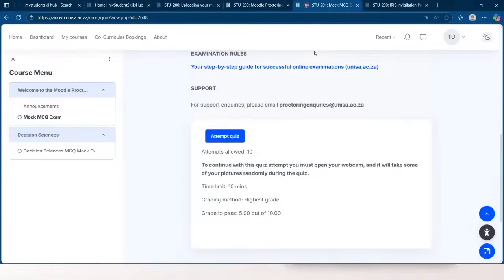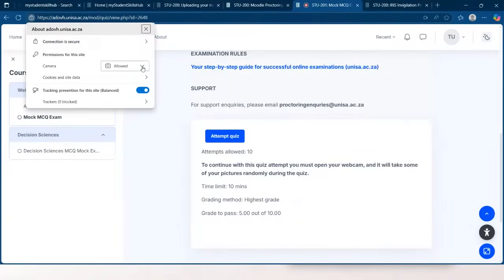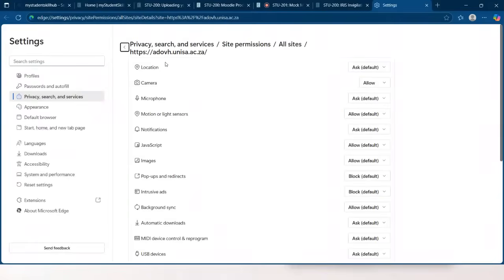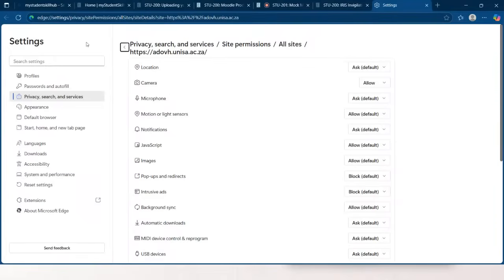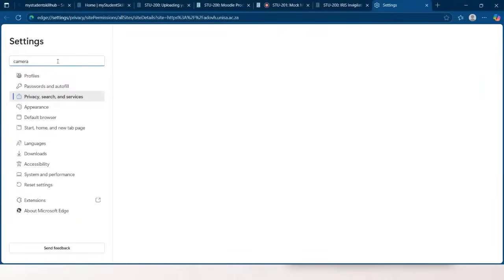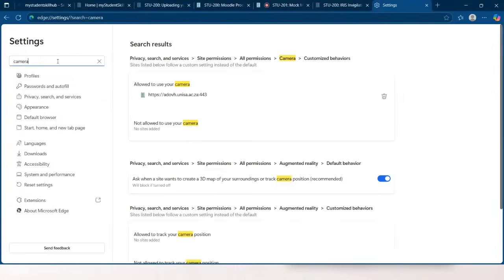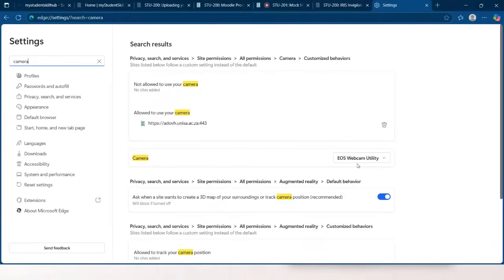I just quickly want to click here on the settings. I see it's using a different camera for some reason. Let me just see here what camera is being used. So remember, this is what you will basically need to do if you accidentally clicked on block: you will need to go back and say which camera it should be using. So, okay, I'm just going to click that one. And now I can go back